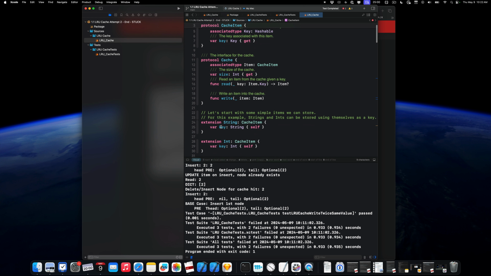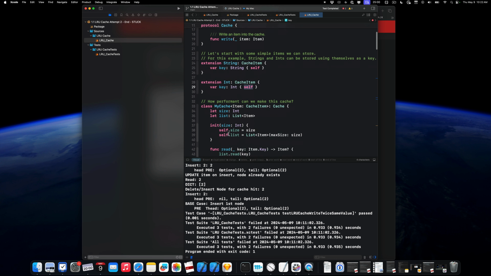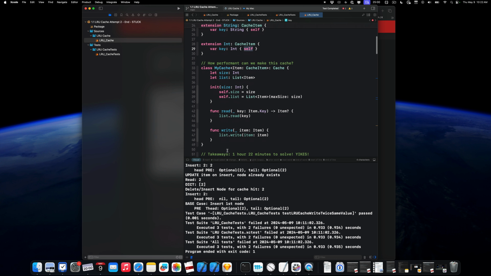And then we create a key and conform string to this, and this sets our associated type to type string. This sets our associated type to type int, and then we're returning our actual value rather than like a movie or an image. This is just an easy example of storing a string or an int as the actual key. Then we have the cache interface,